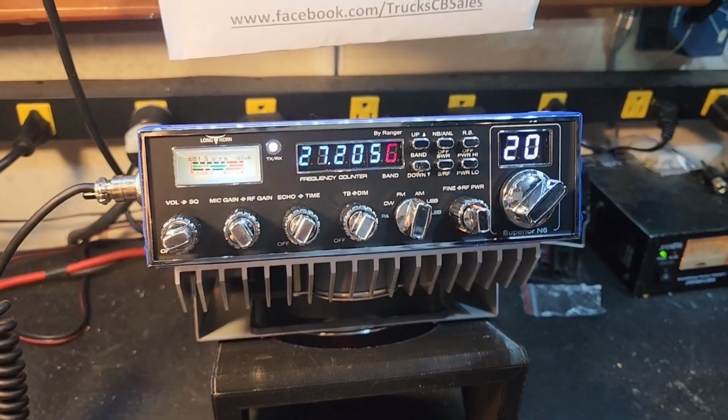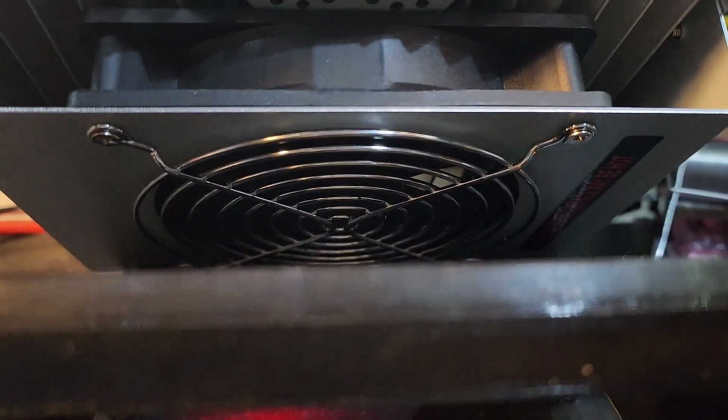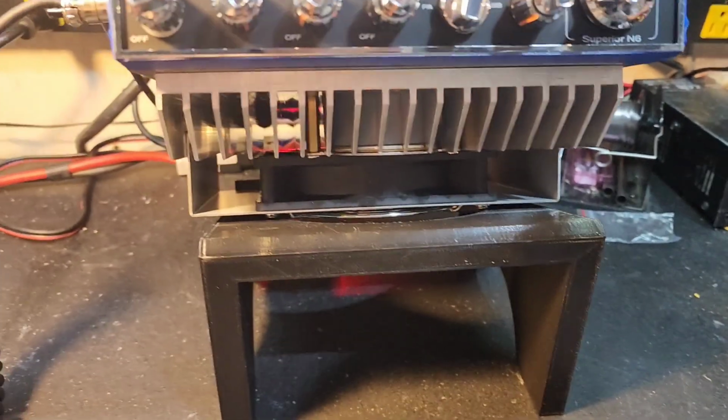You already know the drill. You know these things are a beast. You know that we get rid of that mesh screen, put a nice little grill on it,